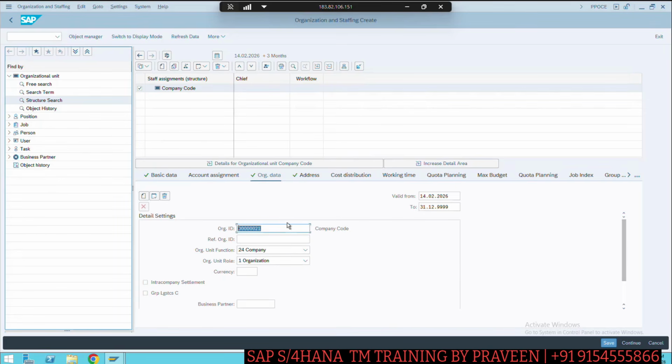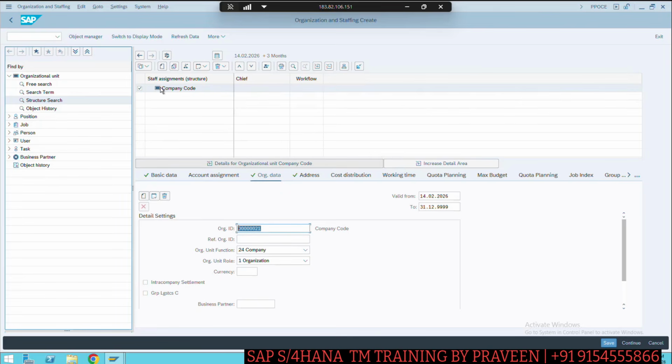Now we have a relation from the ECC to TM. But why do we need a company code at the TM? Because we have charge settlements, right? All the financial activities should happen, so we need a company code. So company code, as we know, sits at the top. Now we need to create